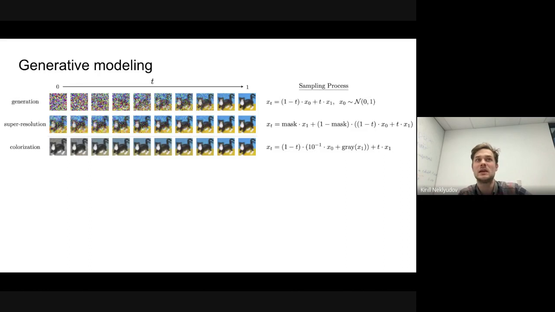If we want to do, let's say, conditional generative modeling, we want to do it even in the case when